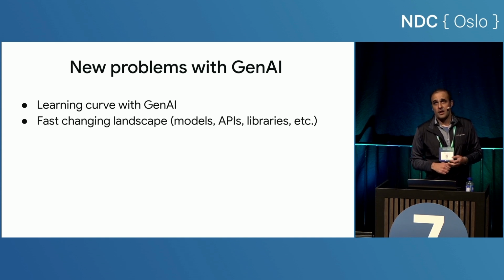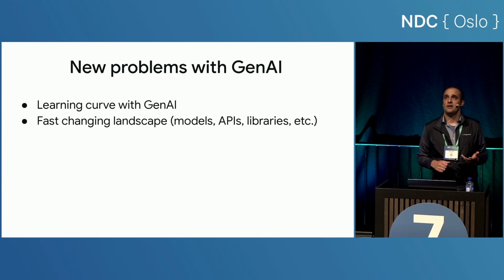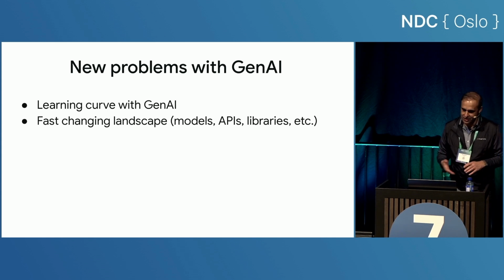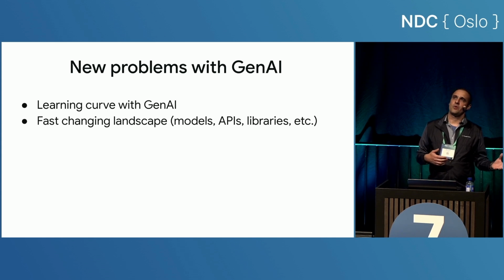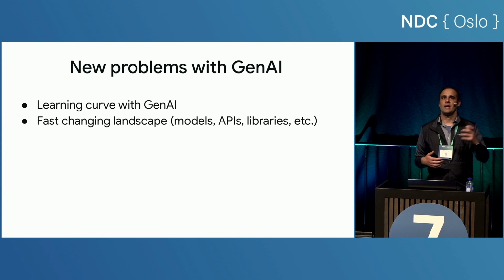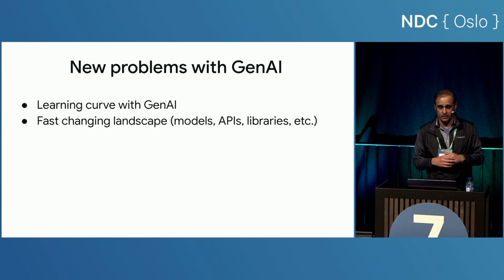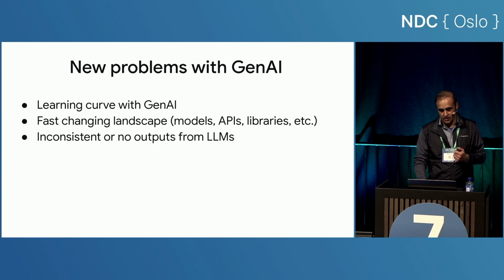And the landscape is changing quite a bit. Just within 1 year, we went from PaLM to Gemini Pro to Gemini Ultra, and now we will probably use Gemini Flash. PaLM had its own API and libraries, and then when we switched to Gemini, we had to use new libraries. So it's a very fast-changing landscape, not just within Google, but also outside Google as well. And you need to keep up to date and figure out what I should use, which libraries, and make sure you are using the right things.